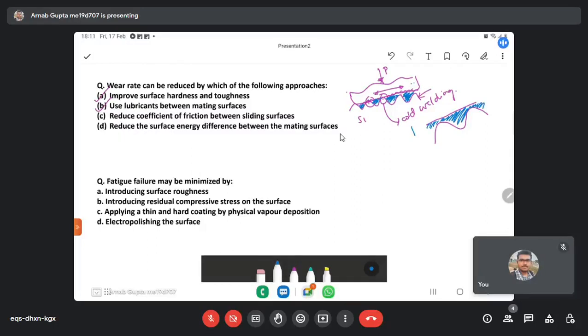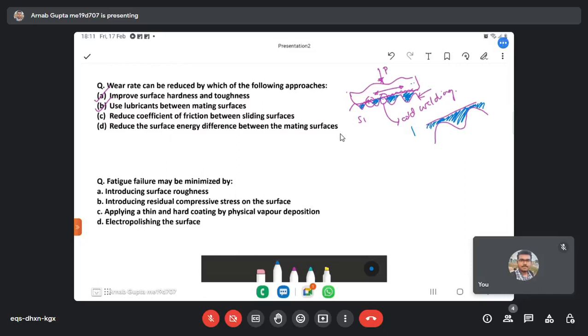So due to this gap, which is essentially filled up by the lubricating fluid, you get reduced contact between the two surfaces, and obviously the wear rate will reduce. So likewise, there are other approaches of reducing the coefficient of friction also by putting some additional phase elements on the surface,